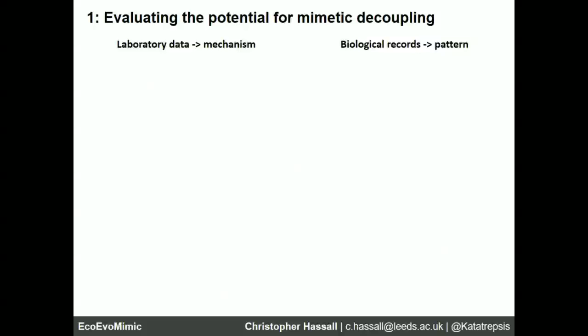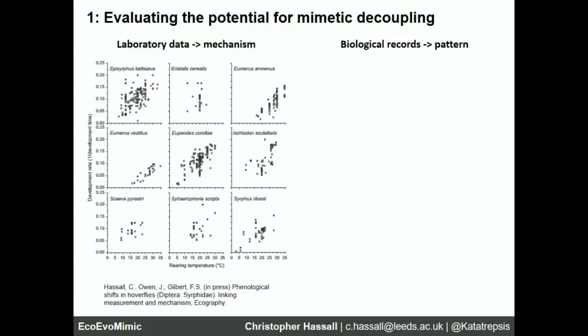We have a reasonable expectation that climate change is going to be influencing one particular model system, and it's the one on my title slide. It's the syrphids, the diptera, hoverflies. We know from a series of laboratory studies that they're very sensitive to temperature in terms of their development rate. So these are studies collected from the literature published earlier this year in Ecography. So we know that they respond very closely to temperature. This gives us a mechanism by which we might expect a phenological shift in the mimics in this case.